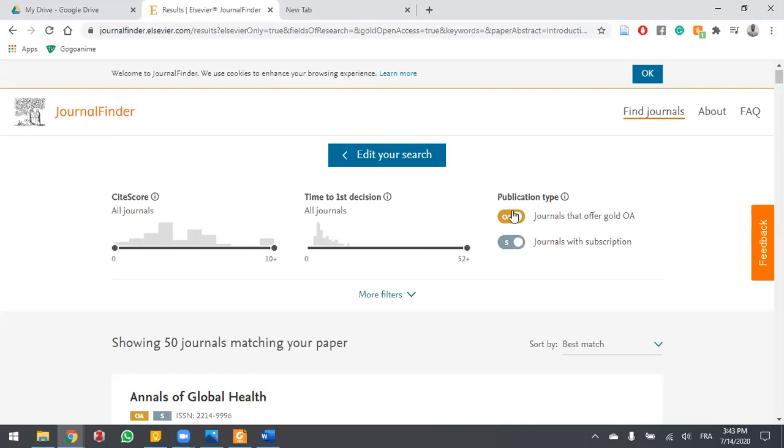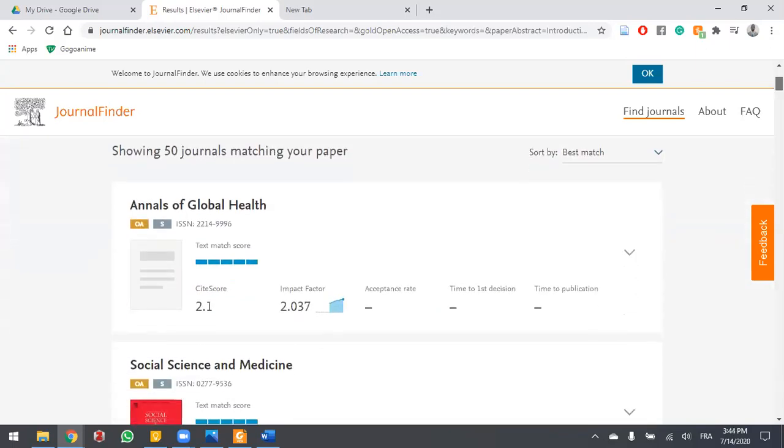It should be, how do I get this published without having to spend too much money? So let's say you want something that is open access only, but not subscription. Here, this is a hybrid, so open access and subscription. So it will be the same as having just subscription.